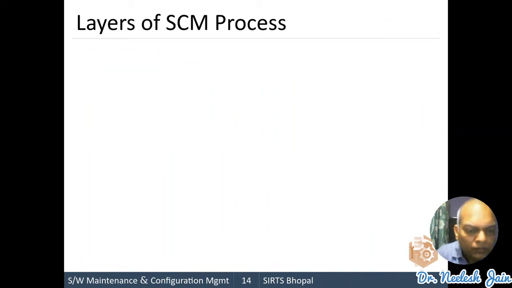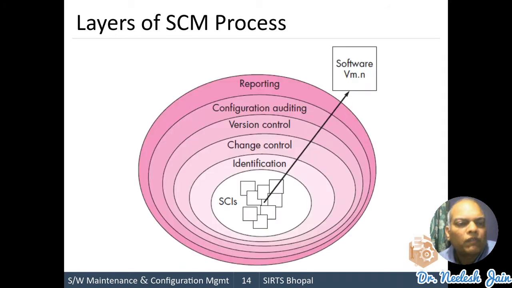Now, what are the different layers of software configuration management? Basically, the software configuration management process defines a series of tasks which have four primary objectives.